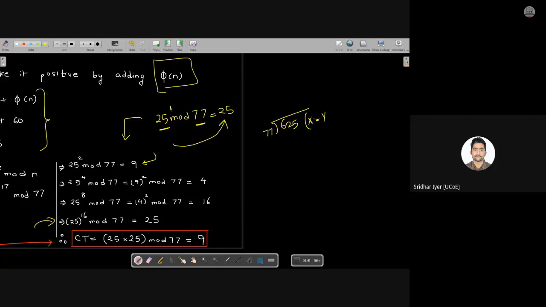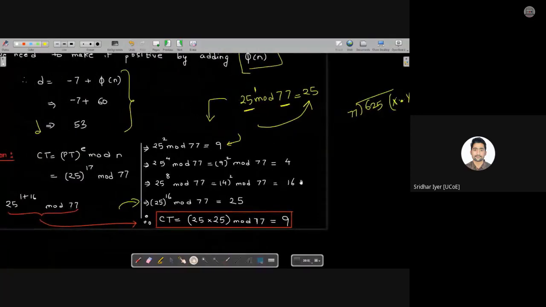We have already seen it previously, right? So it comes out to be 9. Fine. So 25 square mod 77 comes out to be 9. Now you can have a look that instead of some huge numbers, the result is a very small number. That is a single digit number, 9. So now you can square it up. If we want 25 raised to 4 mod 77, we simply can square the result of the previous step. That is 9. So it becomes 81 mod 77, and that is very simple. It comes out to be 4. Now the operation is getting simplified.